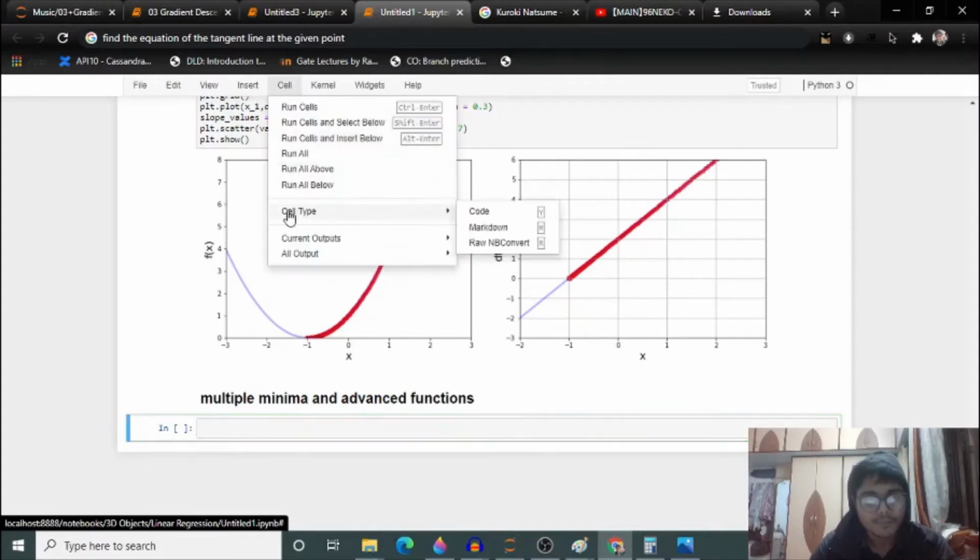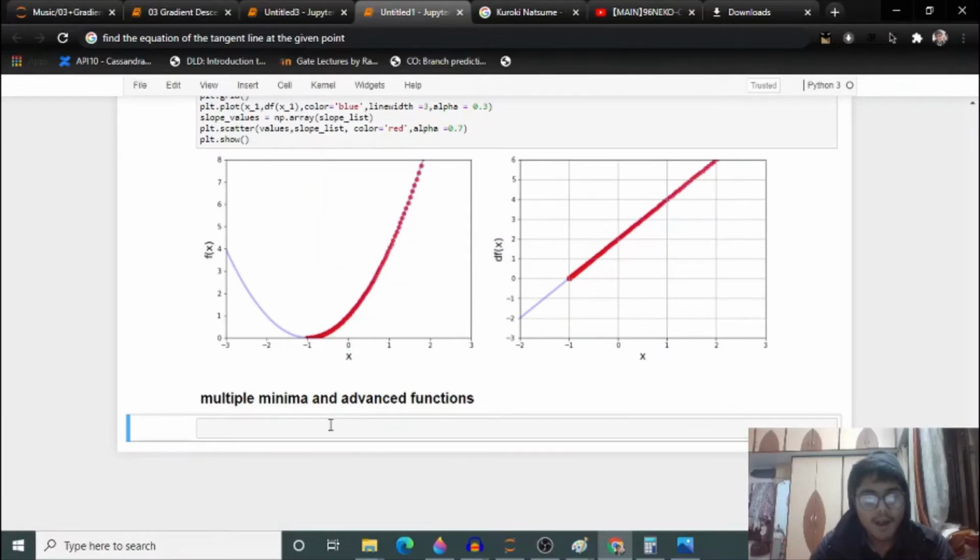I will use markdown, and I will put a dollar sign here. This will be my function f of x, f of x equals x raised to 4 minus 4.